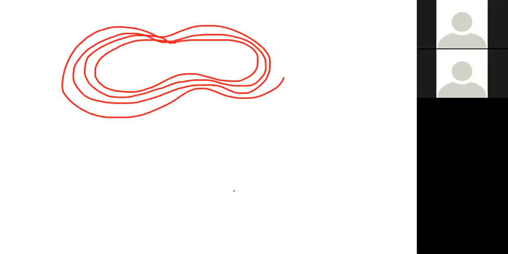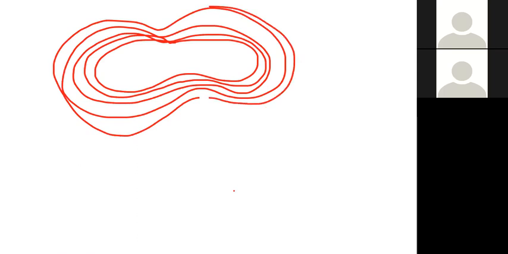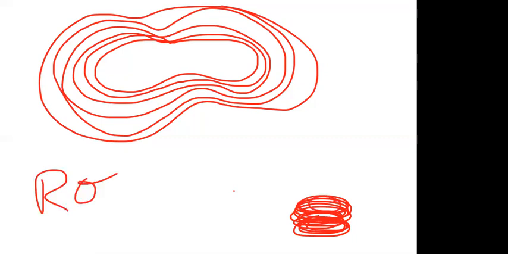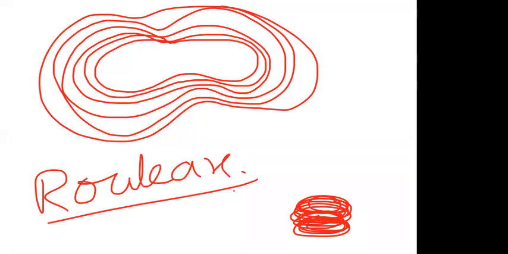It's just like putting some coins in the water. How do they attach? A small water layer will attach them. It's just like we can see here. If you want, I'll draw the coins also like this. So this kind of arrangement we call a Rouleaux arrangement. Do remember this Rouleaux arrangement.